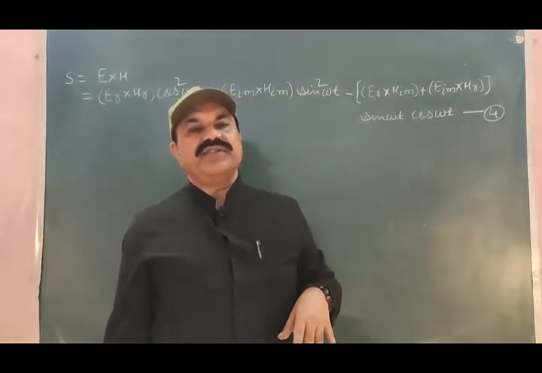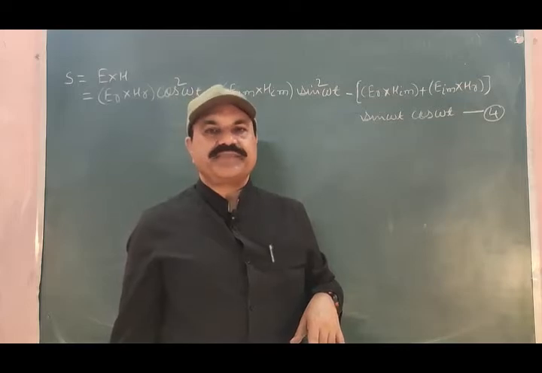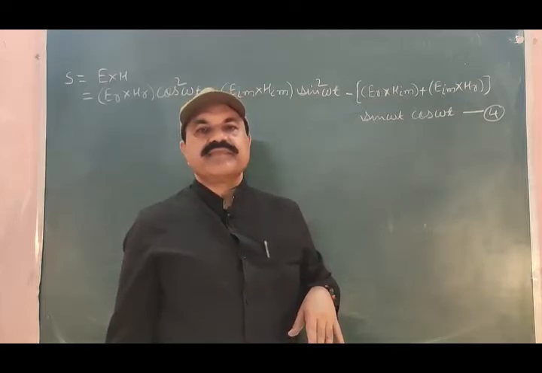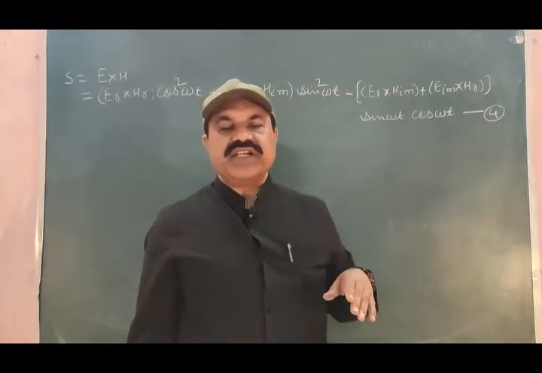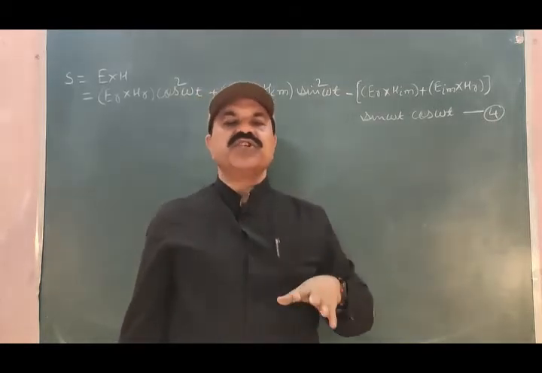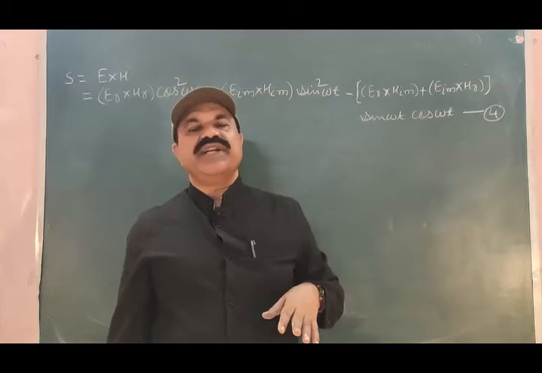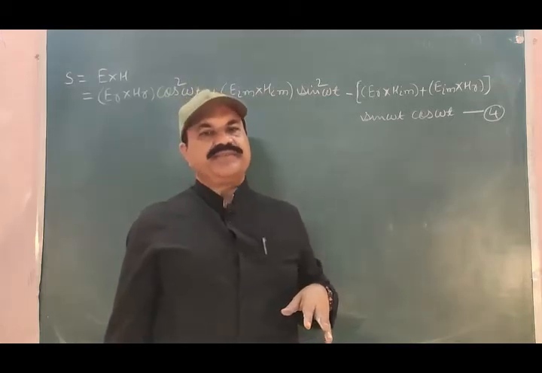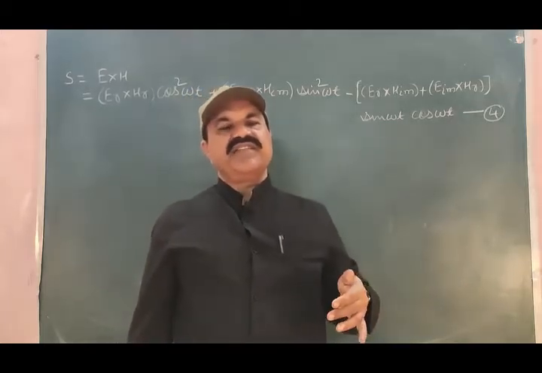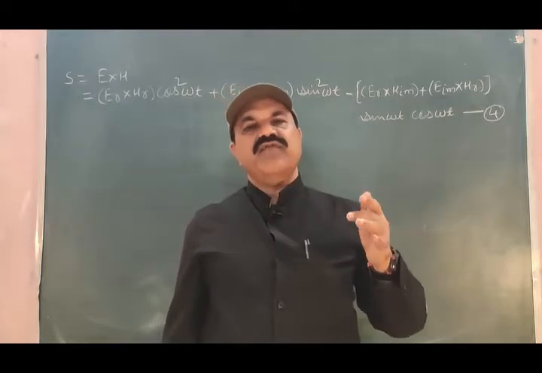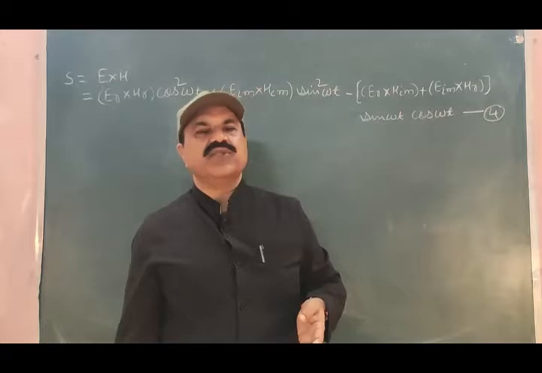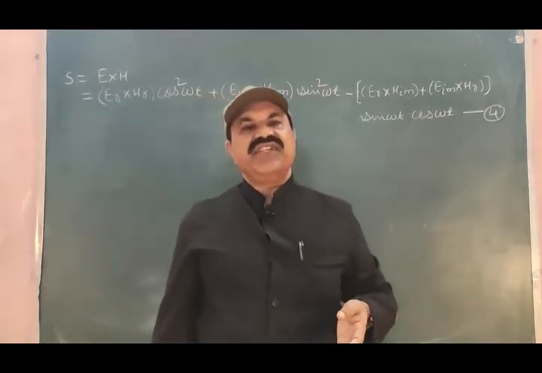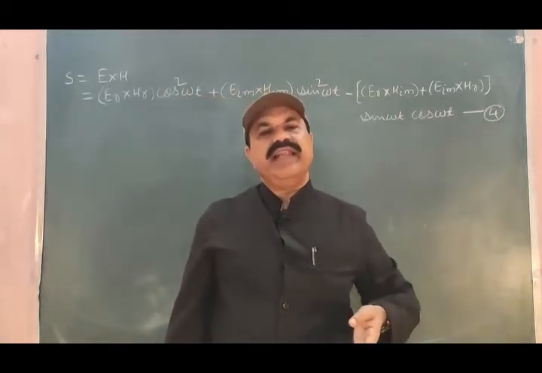The Poynting vector is taken along the direction of propagation of the electromagnetic energy. Electromagnetic energy may be considered in plane wave form. It may be considered in other complicated wave forms also. When we consider the electromagnetic energy in plane wave form,